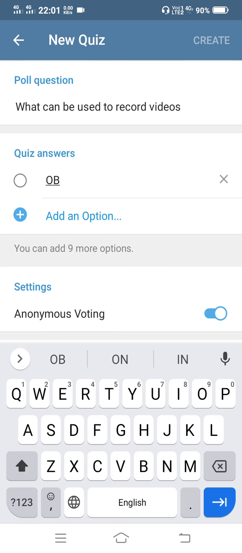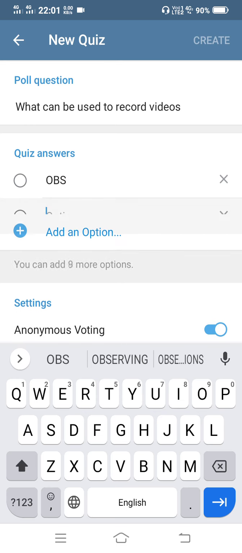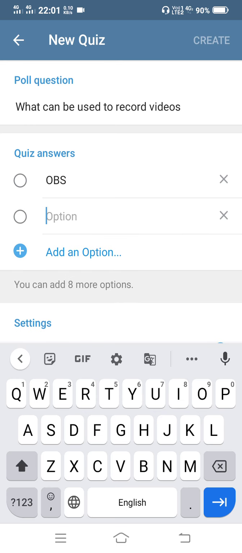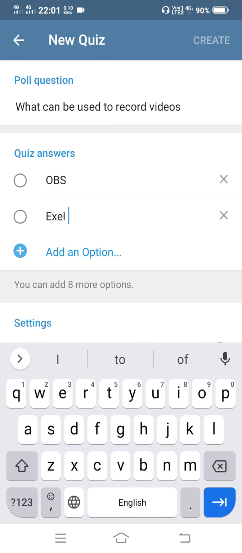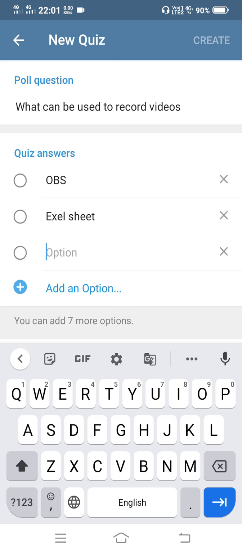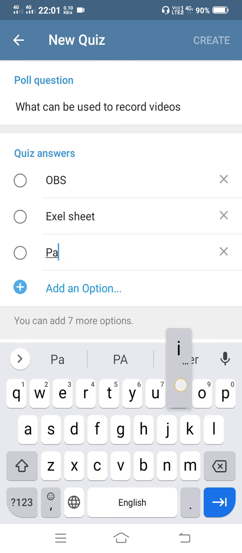First option is OBS. I will click on add option to add another option: Excel sheet, Paint. So I am okay with three options.